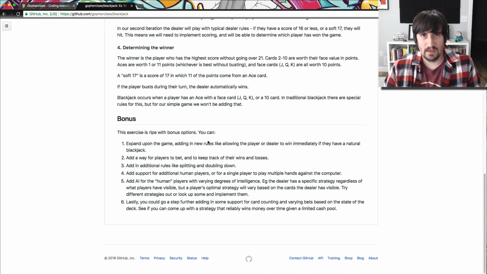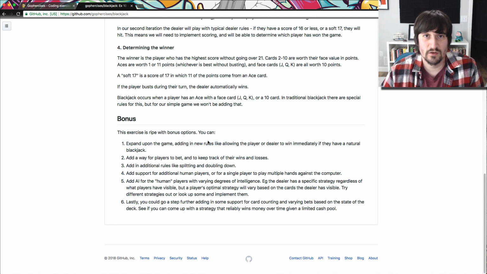There are other rules in the game too that I didn't mention here. If you've ever played blackjack, especially at a casino, you'll probably know about splitting and doubling down. You could add those in your game if you want. You could also add additional human players,